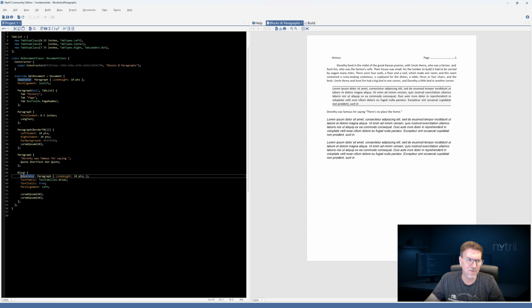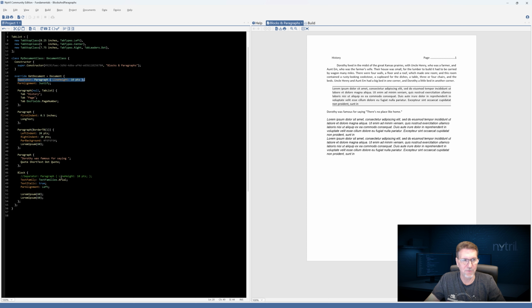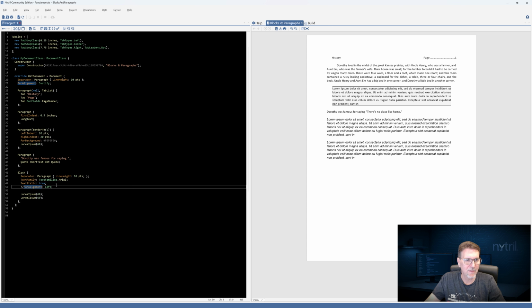So in this case here, let's just take out this separator, press F5, and we can see that the separator did not pass through. So let's put it back in, and then let's take out par alignment. Now, this one is set to justify. So if justify passes through to this block, then we'll see these paragraphs justify.